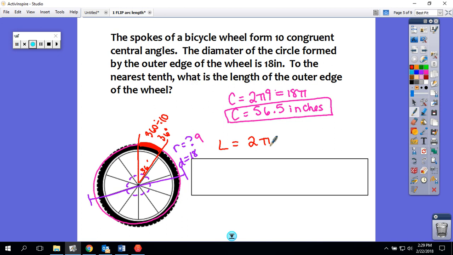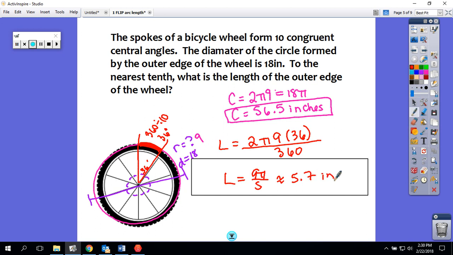So if I want to know just the length between one pair of spokes, I would use 2 times pi times the radius, which is 9, times theta, which is 36 degrees, over 360. And then we can just punch that in the calculator. So fraction button, 2 pi 9 times 36 over 360. And that gives me 9 pi over 5, or about 5.65, so about 5.7